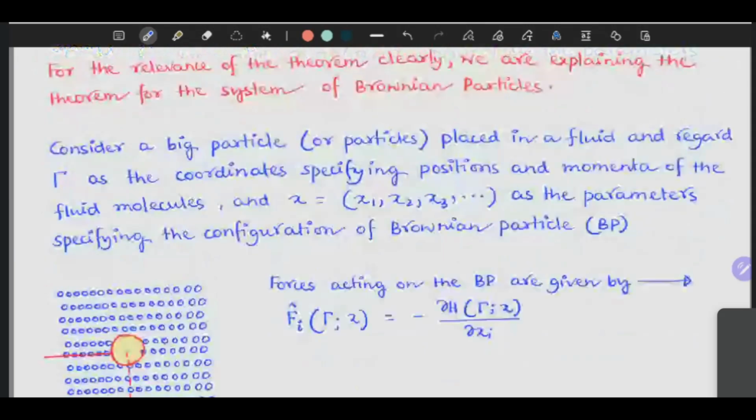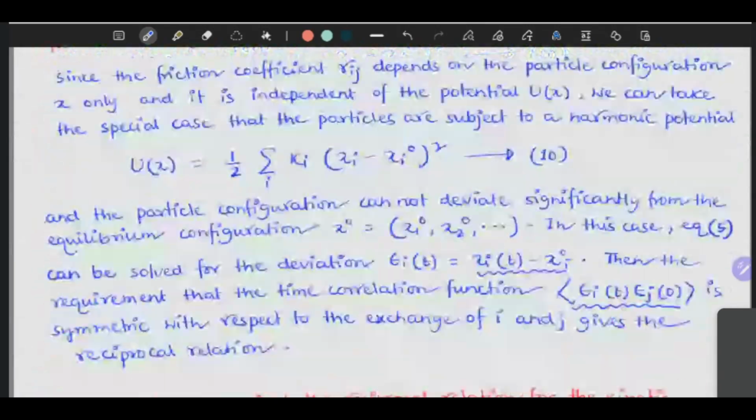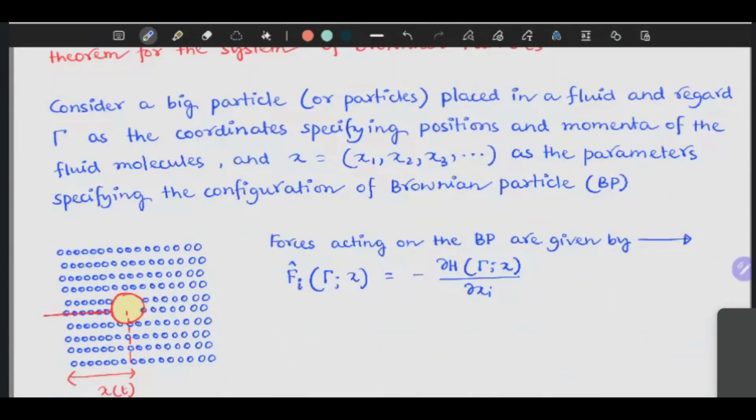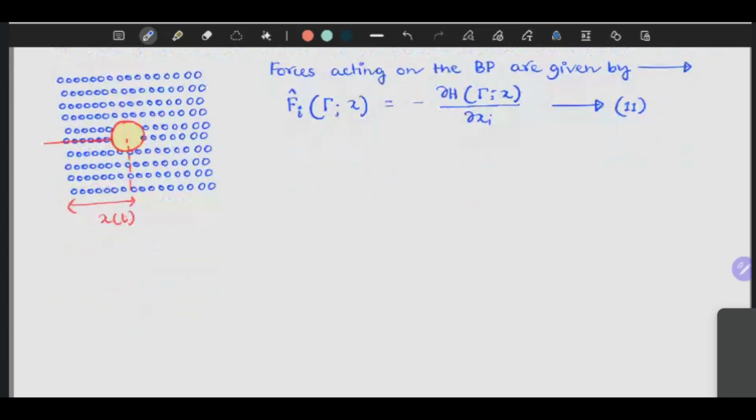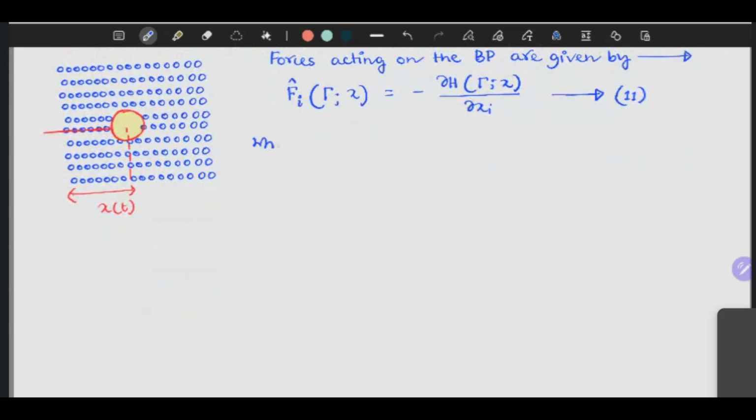Okay, so let's take this as equation number 11, where f_i of x represents